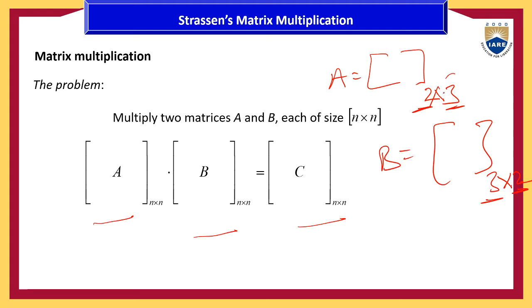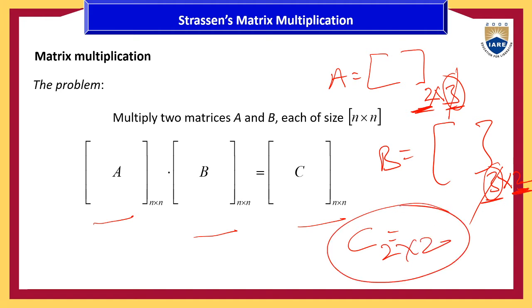Now here the number of columns in matrix A is 3. The number of rows in matrix B is 3. Both are equal. So is it possible to multiply A and B? Yes, it is possible, and we get the multiplied matrix C, as here the number of columns and rows get cancelled. The number of rows is taken from matrix A, which is order 2. The number of columns is taken from matrix B, so 2 by 2. We get a 2 by 2 resultant matrix.